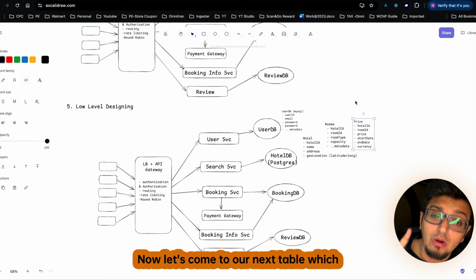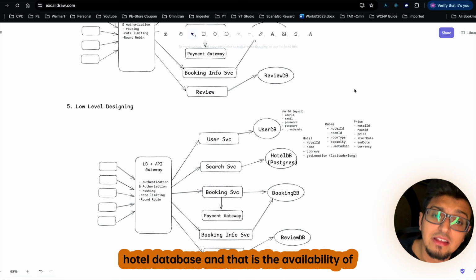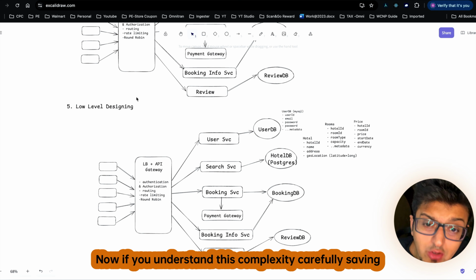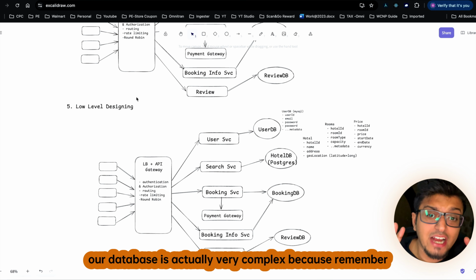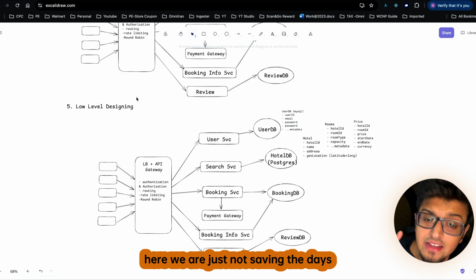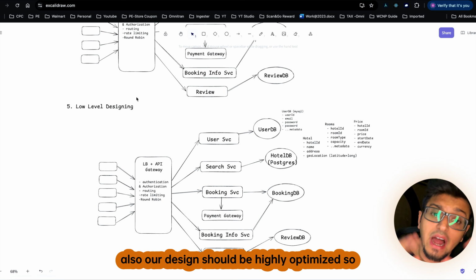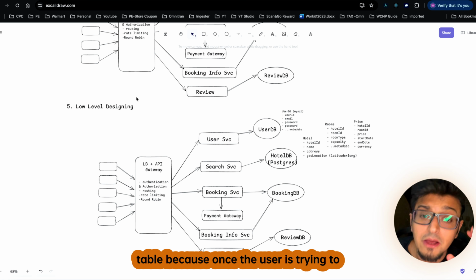Now let's come to our next table, which is one of the important tables of our hotel database, and that is the availability of the room. If you understand this complexity carefully, saving the availability of each and every room in our database is actually very complex, because remember, here we are not just saving the days on which our rooms are vacant or occupied. Also, our design should be highly optimized so that we can run search queries on the table,